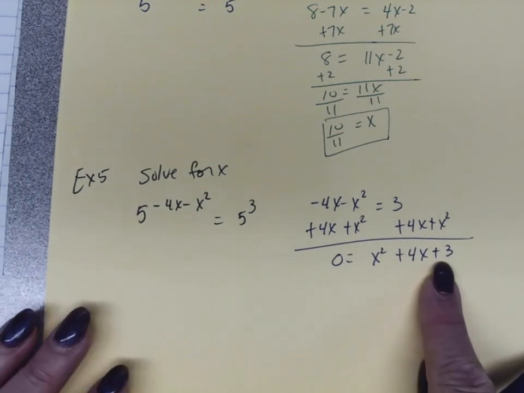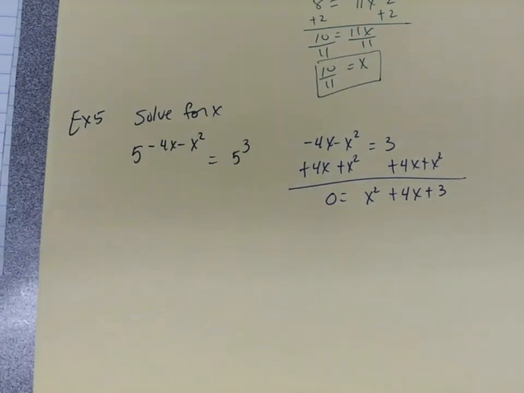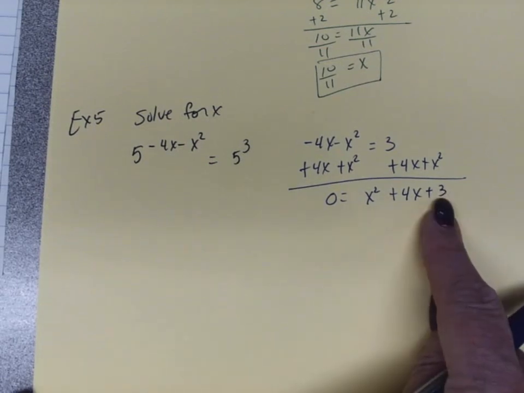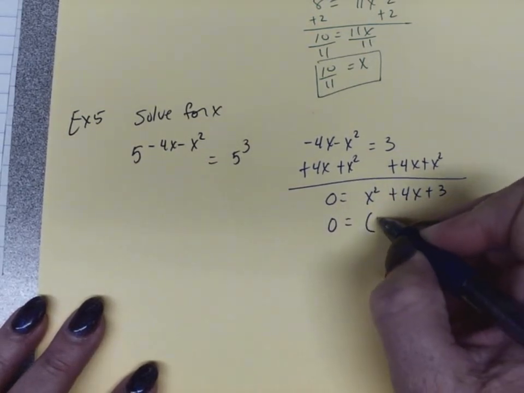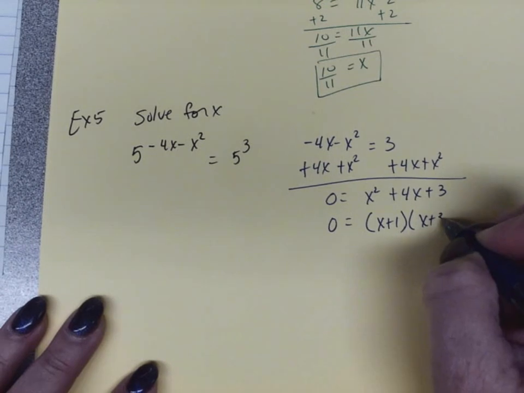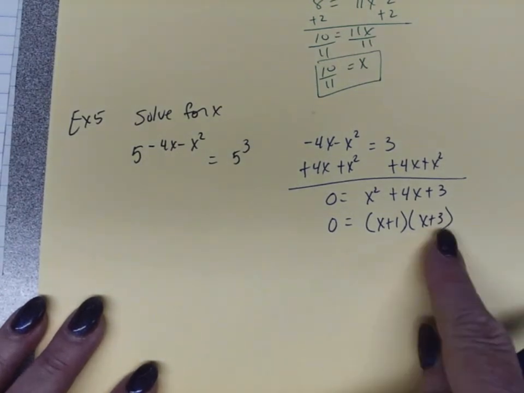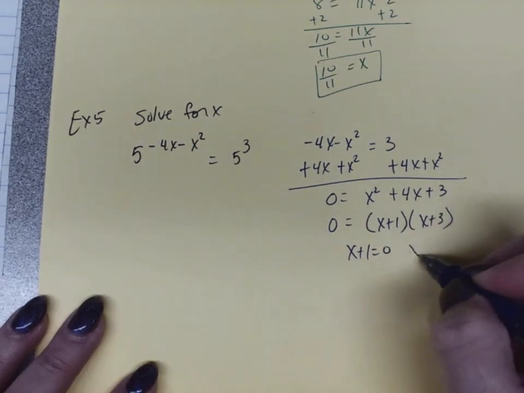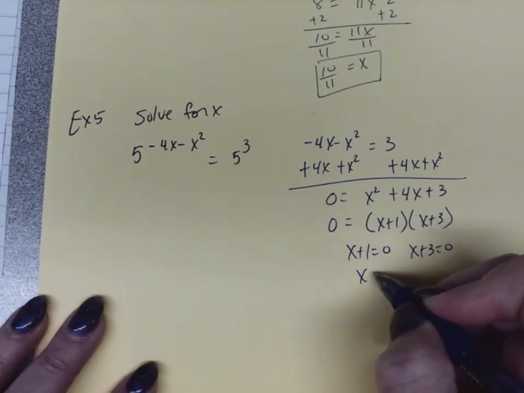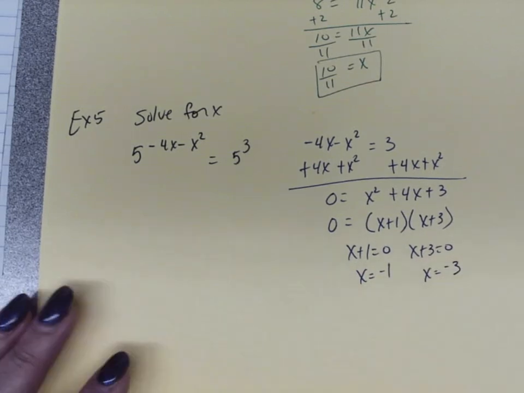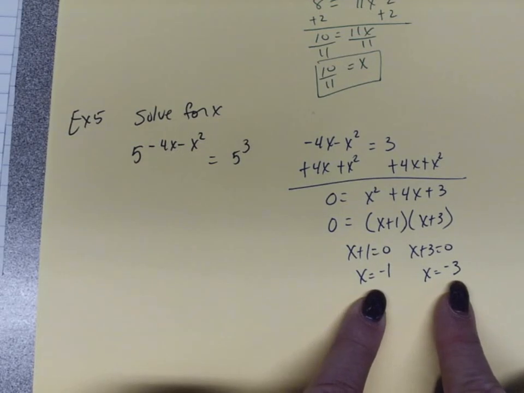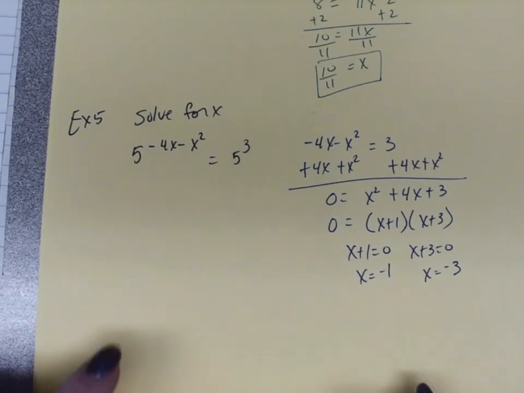Now, this is a quadratic equation, so we need to either use our quadratic formula or factor this. I'm going to factor this and get x plus 1 times x plus 3. Now we'll take each part and set it equal to 0. And we'll solve for each x value. So we have two x values, but we always need to check for extraneous answers, which means sometimes we will get a solution that doesn't work. So we're going to check these